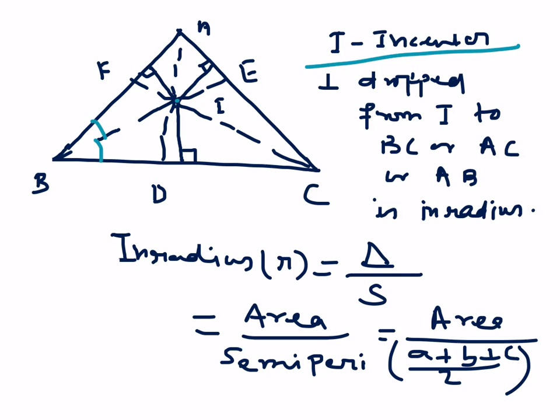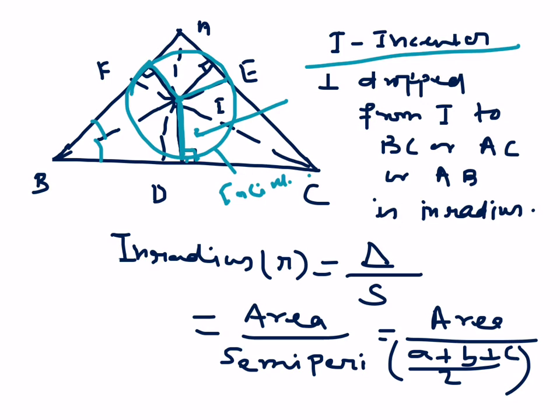If I draw a perpendicular from I to any of the sides, from this to this, this to this, or this to this, I will have the inradius. The length from I to the perpendicular on the nearby side is equal to the inradius. The moment I have the inradius and center, this is my center, this is my inradius, I can draw a circle which touches all 3 sides. So all 3 sides are touched, and this circle will be called the incircle.